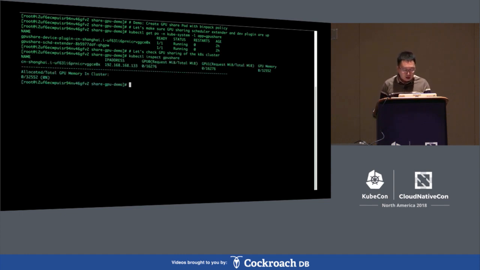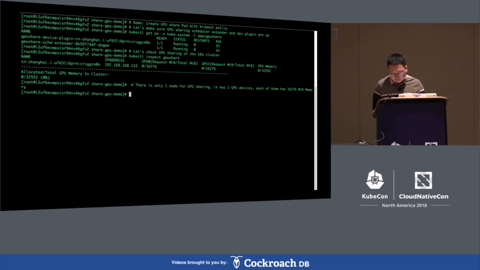And we also provide a kubectl extension tool, named kubectl inspect, to check the GPU sharing of the cluster. We can find there is only one node for GPU sharing, and it has 2 GPUs. Each of them has about 16 gigabytes